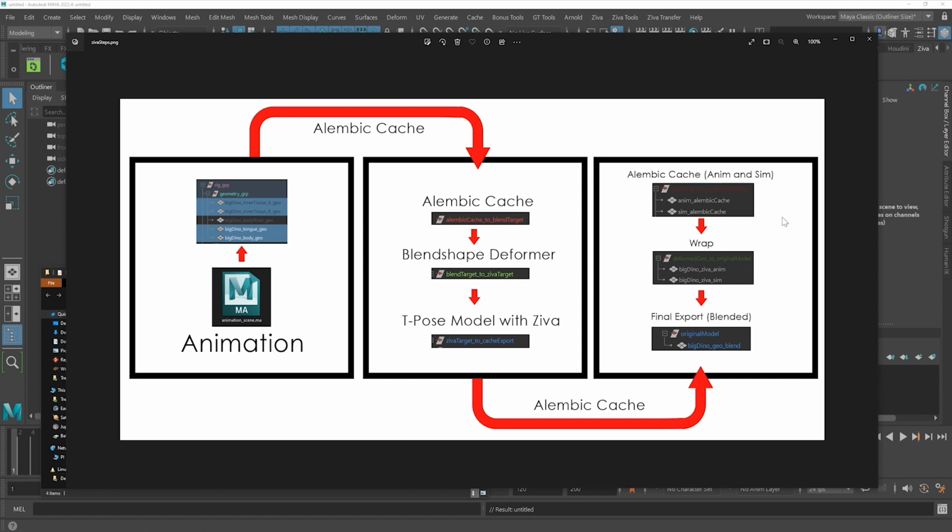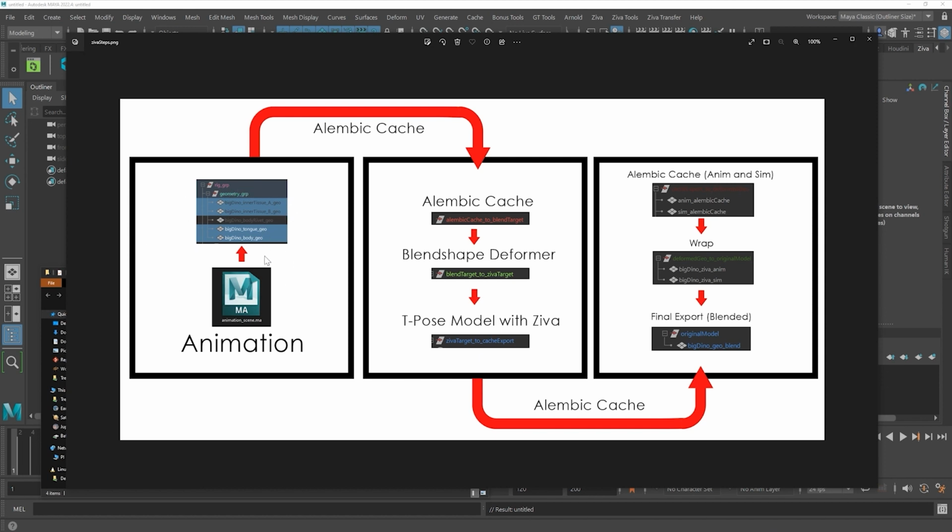This is going to allow us to bring back all the details or anything that we might have lost during the simulation process. And you can make this decision by just painting in the character. You can say, oh, I want to keep this area or remove that other area, and keep the best of both worlds. So starting with this first files here, I say files because we also have our rig, but